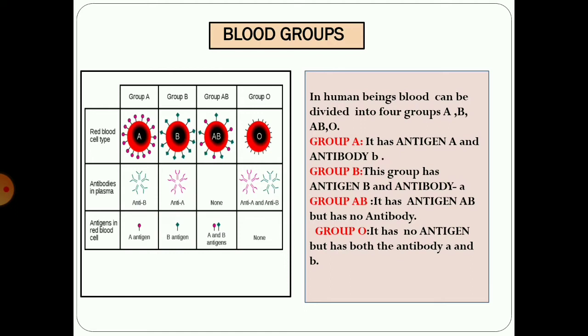Another thing that you ought to know: antigen A and antibody A are incompatible. Similarly, antigen B and antibody B are also incompatible. When blood from two different blood groups, A and B, are mixed, clumping occurs due to antigen-antibody interaction. This is called agglutination or clumping reaction. Okay, with this in our mind, let us start blood groups.